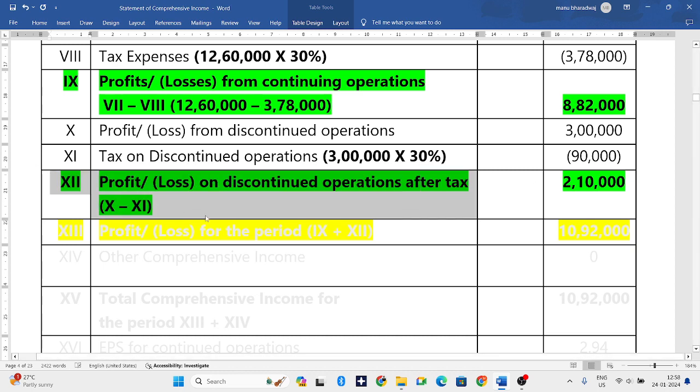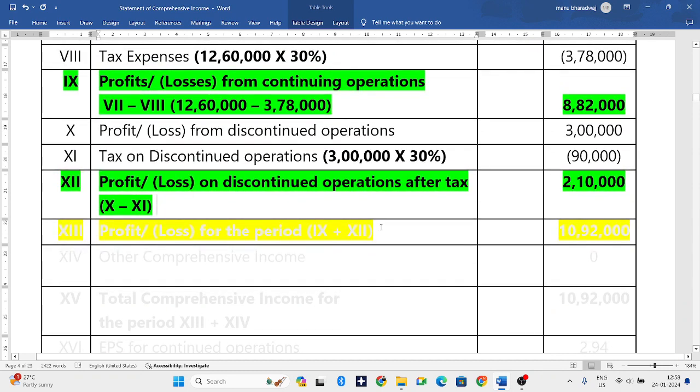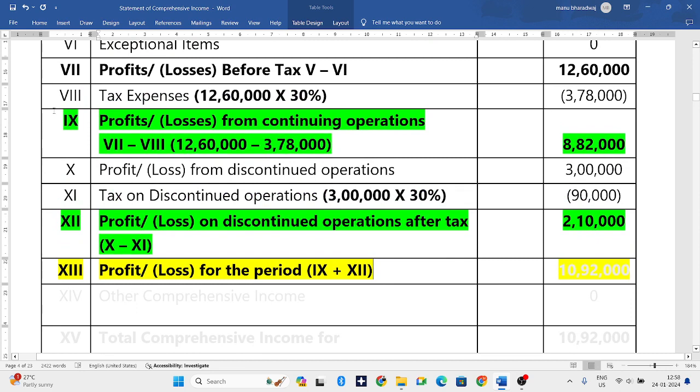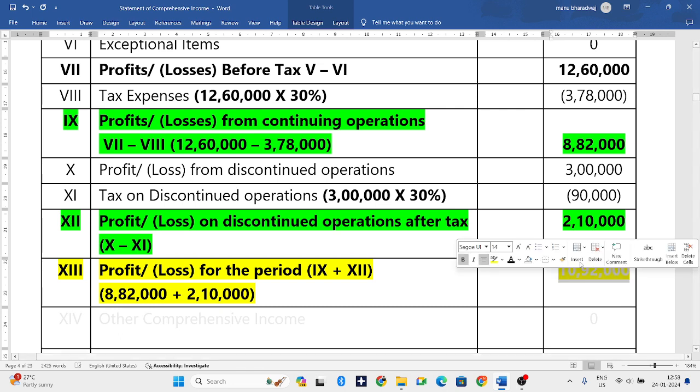That is known as profit or loss from discontinued operations after tax. So now we have to find the total profit. To find the total profit, we have to add profits from continued operations and profit or loss from discontinued operations. So profit from continued operations is 8,82,000 plus profits from discontinued operations is 2,10,000. If we add both, we will get